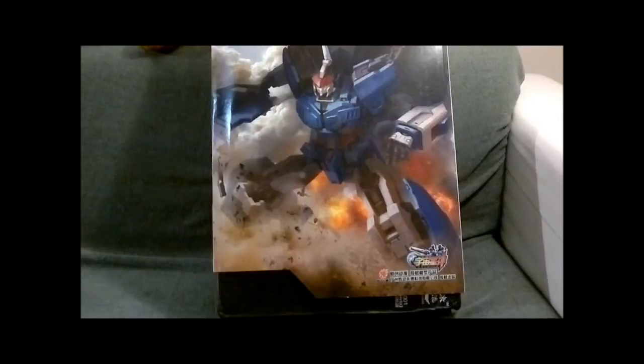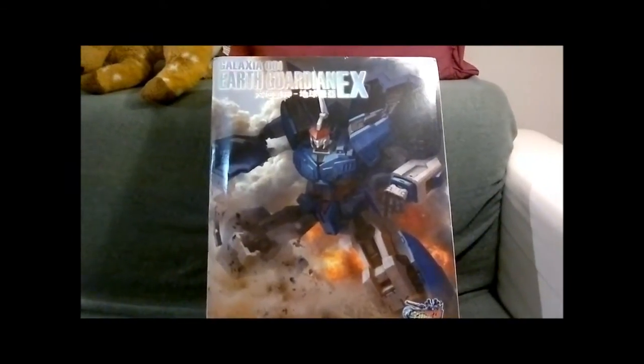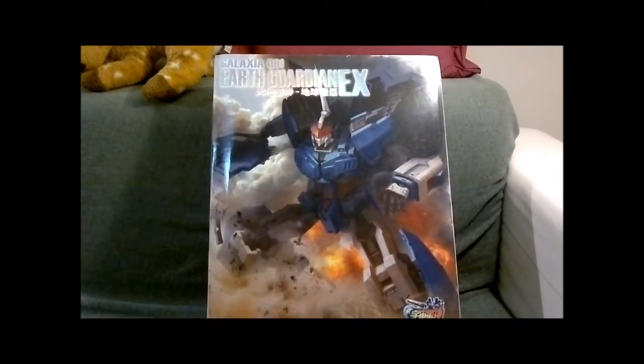So yeah, that's not the main focus here. The main focus is this. This is a brand new kit from Model Comprehend. As the box says, GALAXIA 001 Earth Guardian EX. Or if you can read Chinese, its real name is Gaia. Yeah, Earth Guardian, pretty obvious, isn't it? It's called the Earth Guardian, and